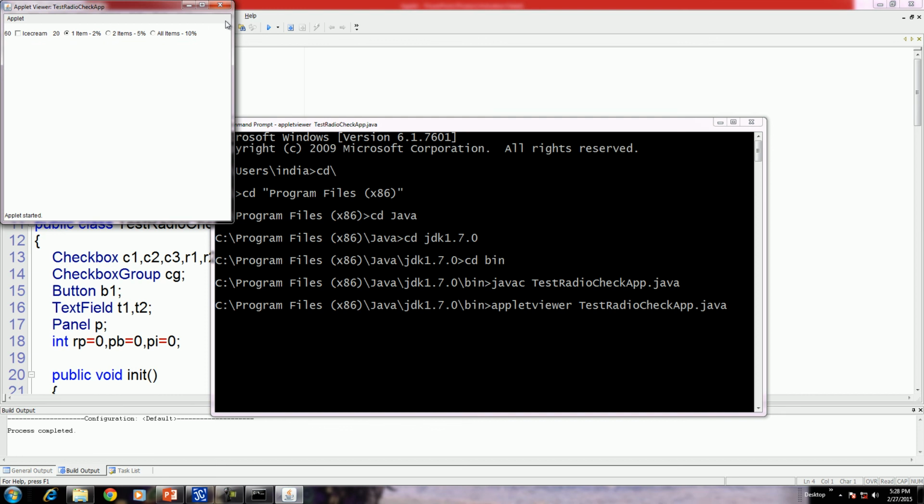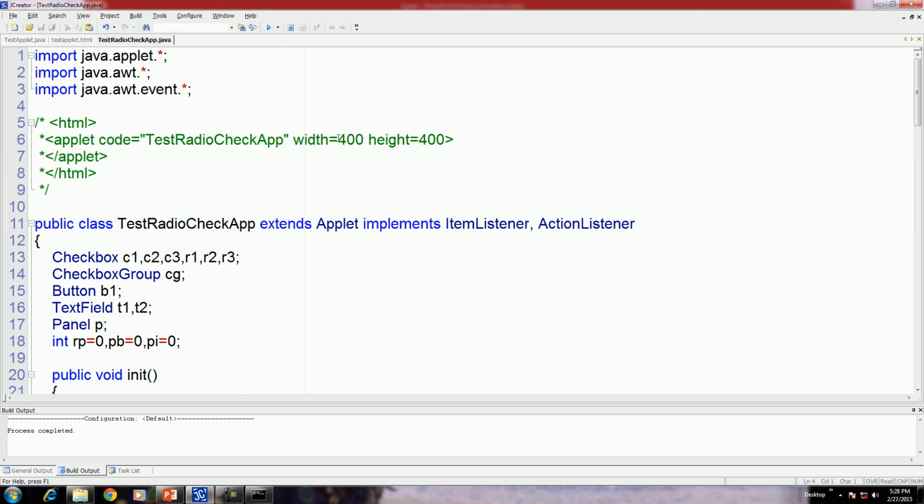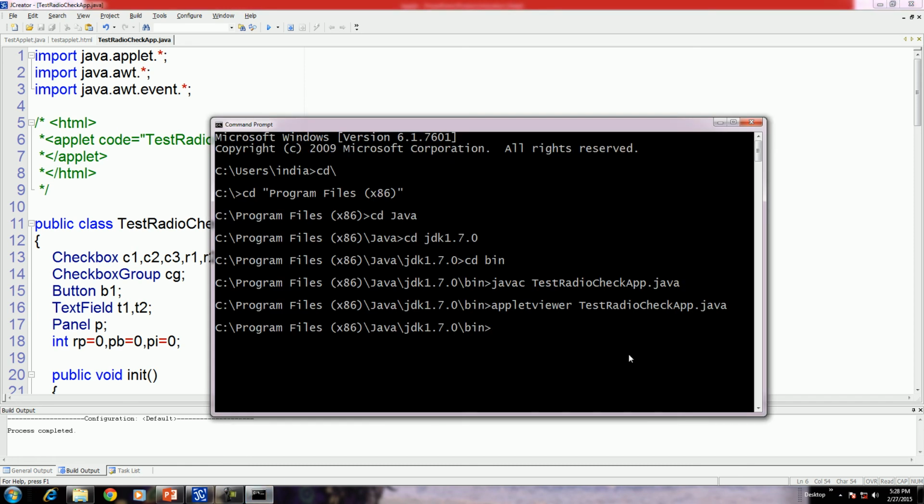I think we need to change the file. Let me change the applet size. If you press the up arrow, the previous command gets repeated.